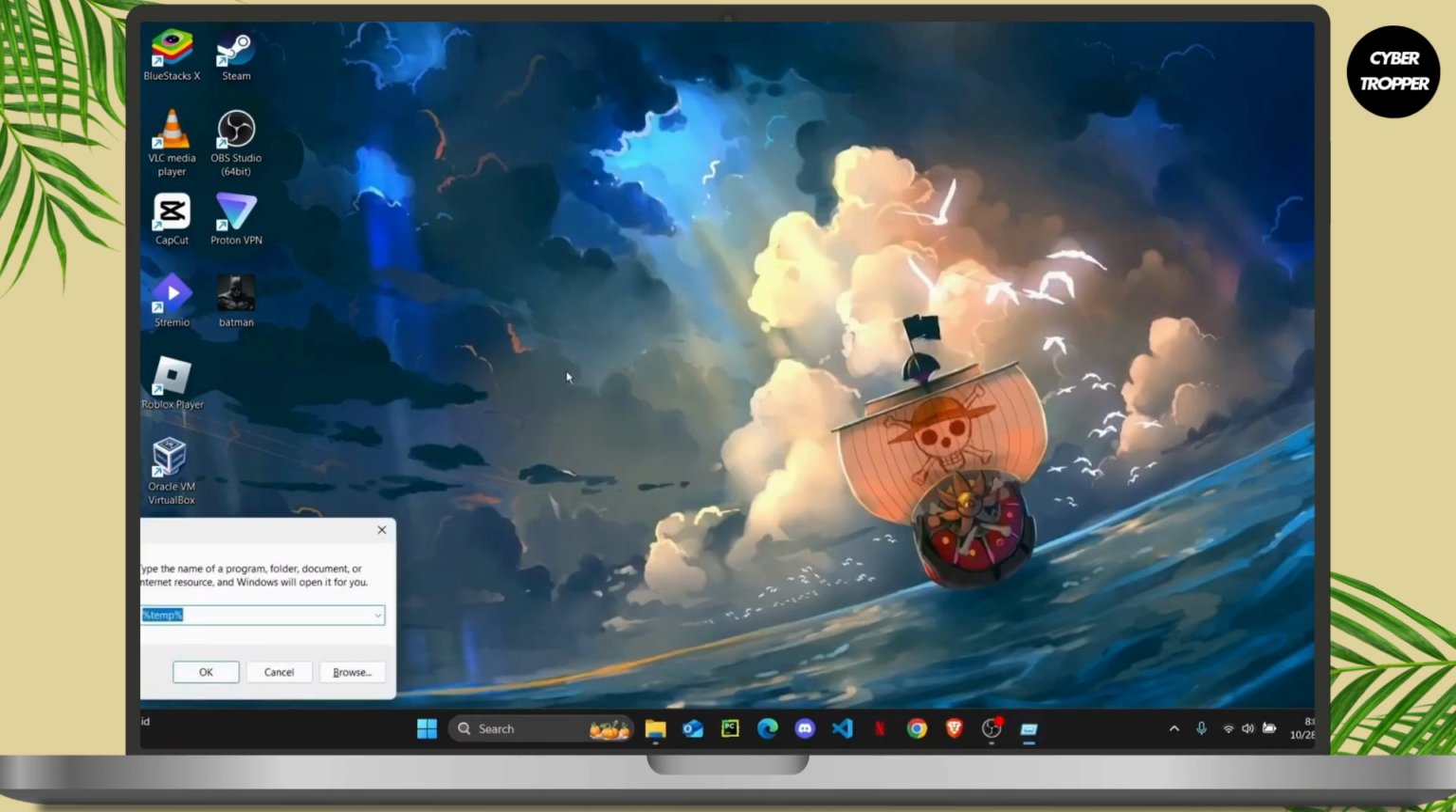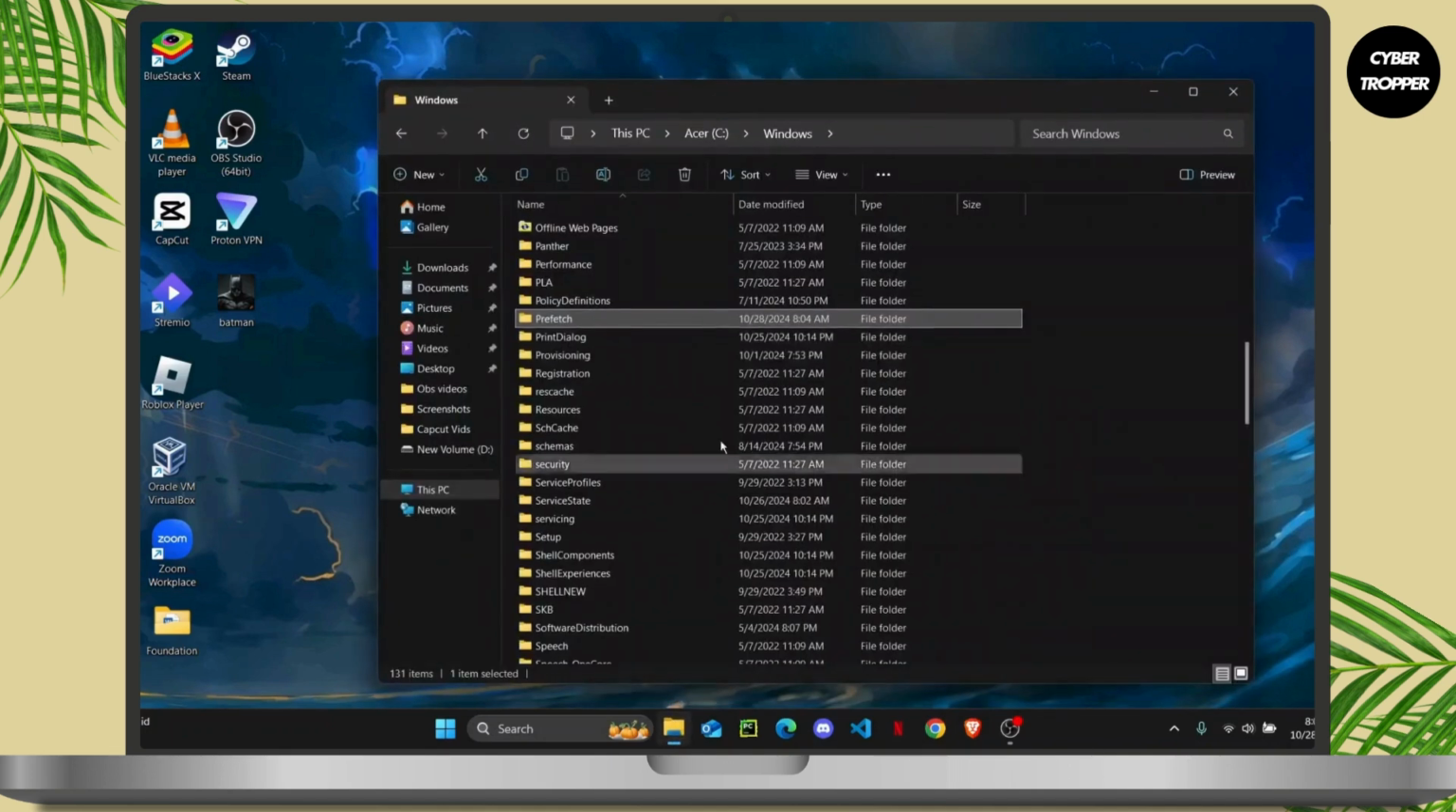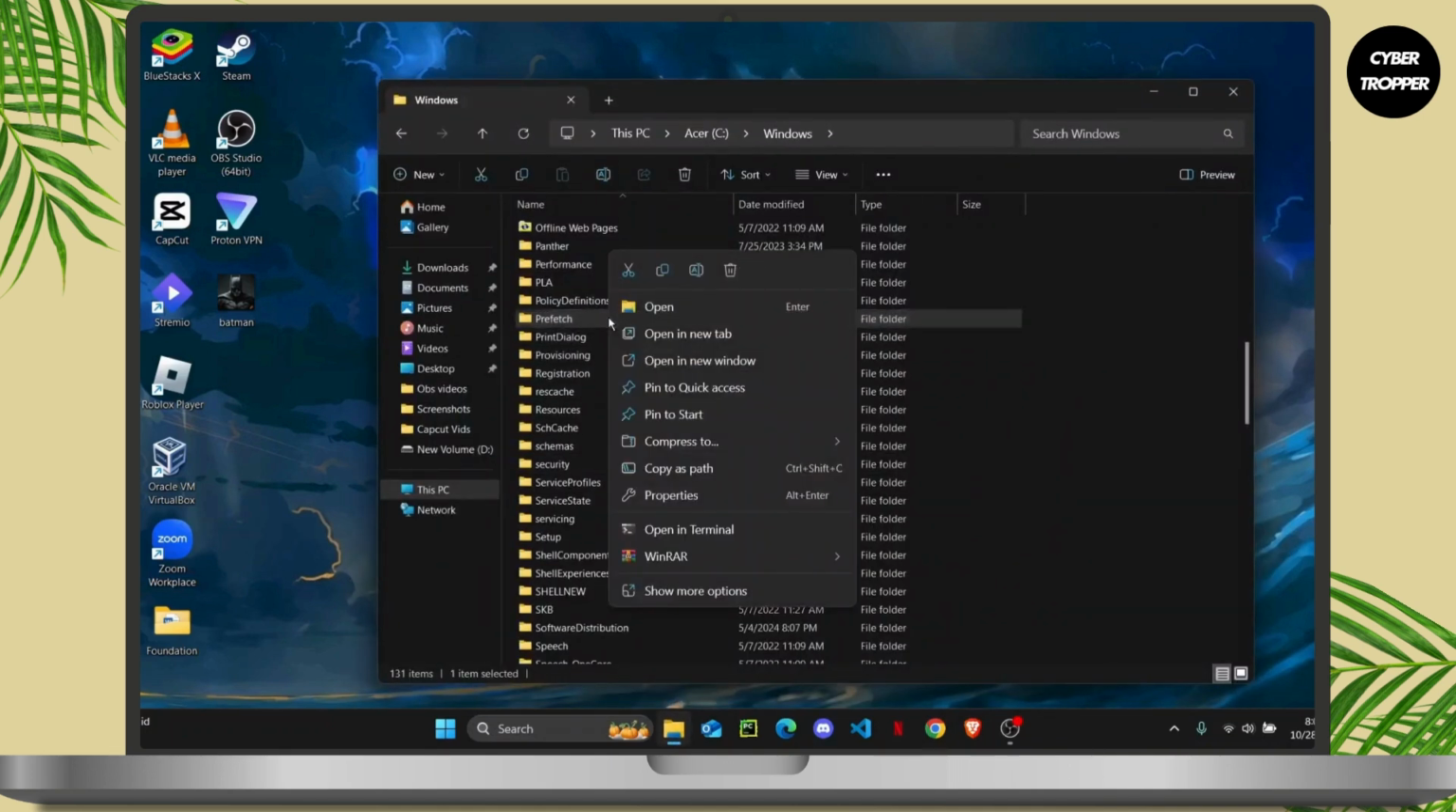So open the Run dialog box and search for Prefetch. Once you do this, nothing happens as well. This is because you don't have the administrator access to this folder. So what you're going to do here is right click on the folder, and from here you're going to head